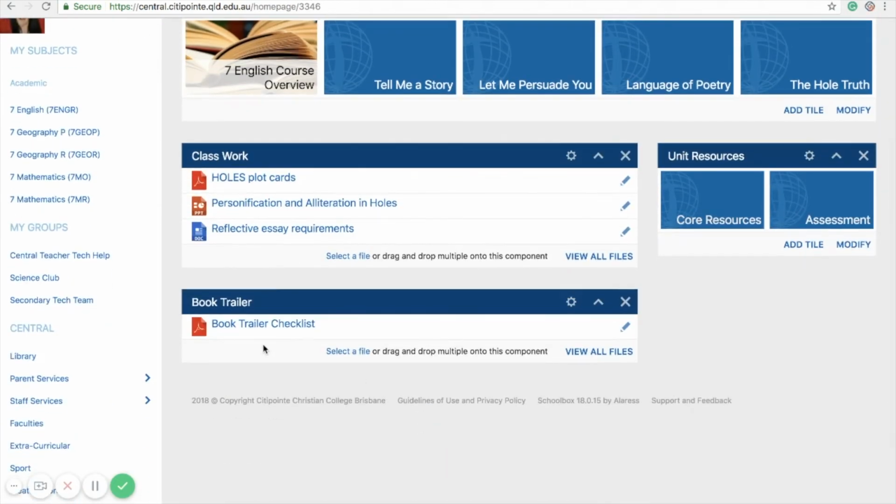Now you can see I've got a separate files component for book trailer and a separate one for classwork with different resources in each. So hopefully this has been helpful to teach you